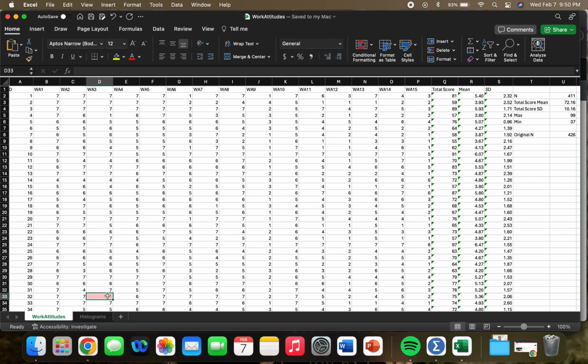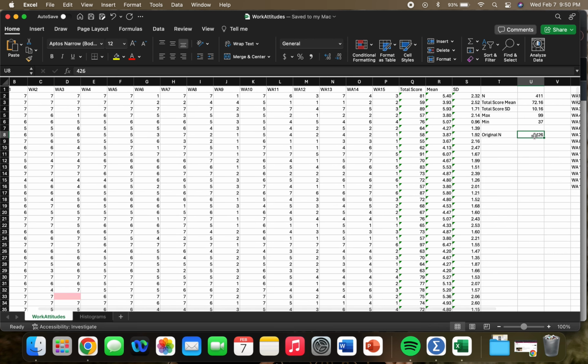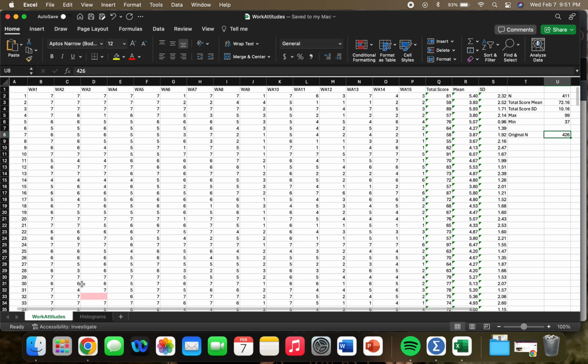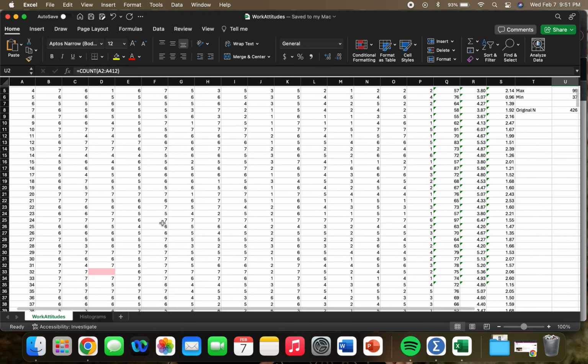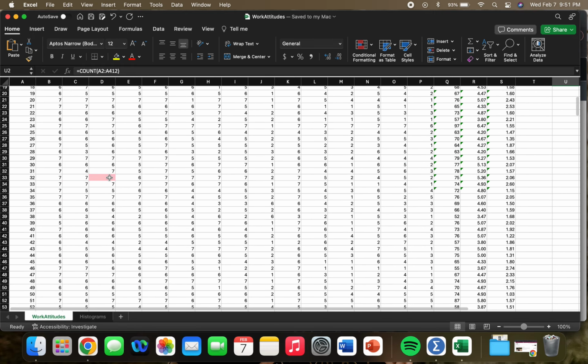So anyone who had more than one missing value in the entirety of the 15 questions, I went ahead and just deleted out of the set. The original N from the data set that I downloaded, the .csv work attitudes, was 426. After I took out those who had more than one missing value, it subtracted about 15, so 411 total. And if we do a quick scroll here, we can see this person was kept in,